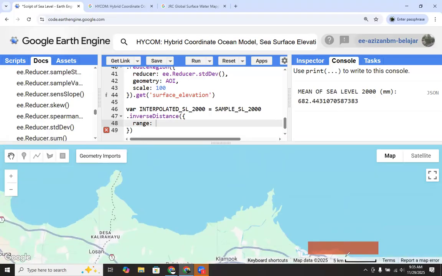Let's say this is 5 kilometers, then let's say it is 15 or 20 kilometers. So the range of the interpolation will be, say, 20 kilometers. And for the range, we use the meter unit.